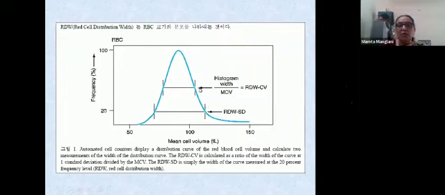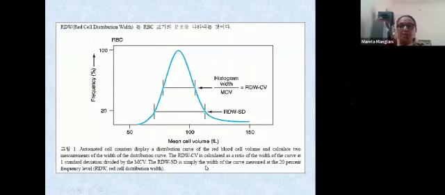Basically, this is the histogram of the RBCs based on their size, mean cell volume, and frequency of occurrence. So the majority of them will lie in the normal range of 80 to 95 femtoliters, and some will be smaller, some will be larger. So it will give a splayed Gaussian curve. Now, RDW is the red cell distribution width. Now, if you look at the CV, it is actually calculated as a ratio of the width of the curve at one standard deviation divided by MCV. So this width is at one standard deviation of the curve and divided by MCV.